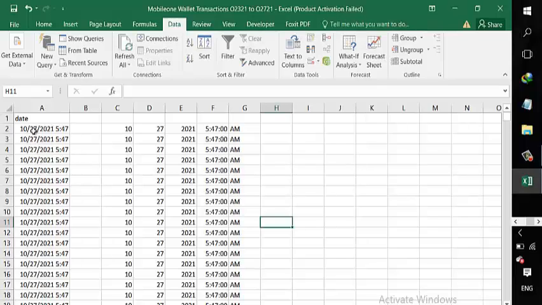In this video tutorial, I'll be showing us how to split data into different cells, just like this. From this kind of data we have here, we have the date and the time together on the same row. And what we are trying to do now is to split the month, the day, the year, and the time